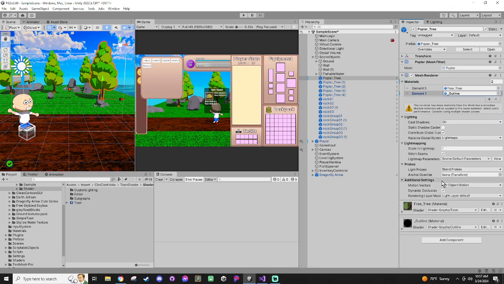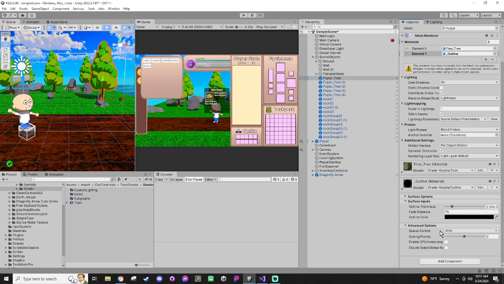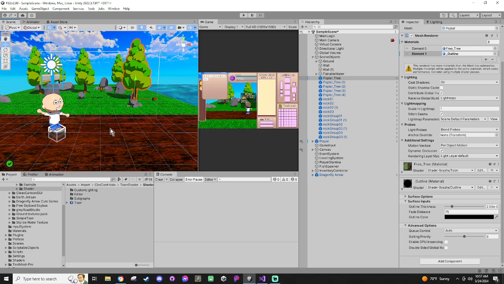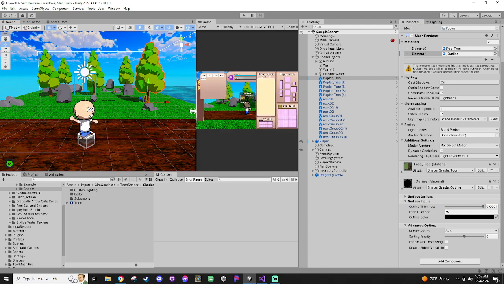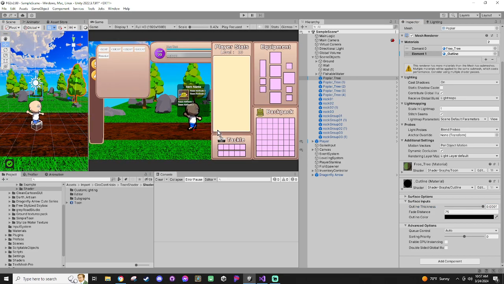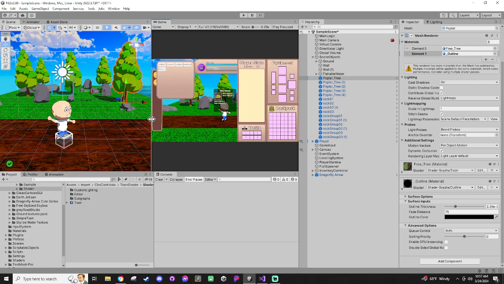So right now, the tree has it, and my outline thickness, if you watch my player in that tree, remember it's this tree right here, you cannot even see the outline on the tree, but the player one looks way bad in the scene. So, you know,